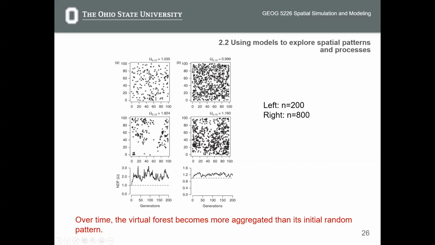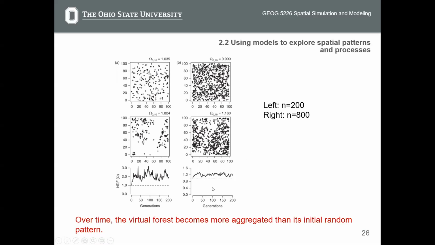So again, these four figures have verified the argument again. There is negative correlation between population and spatial aggregation. Okay, over time, the virtual forest, of course, it's a virtual one because this forest only exists in your simulations, becomes more aggregated than its initial random pattern, right? After 200 generations, if you compare each species to its initial state, the aggregation becomes stronger,